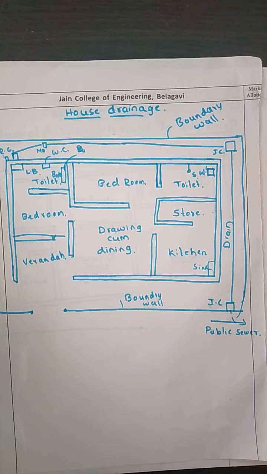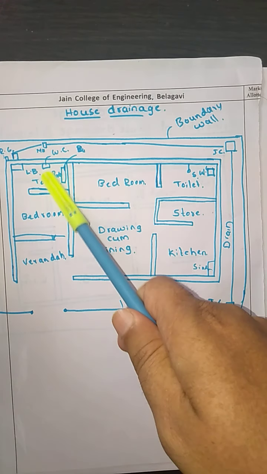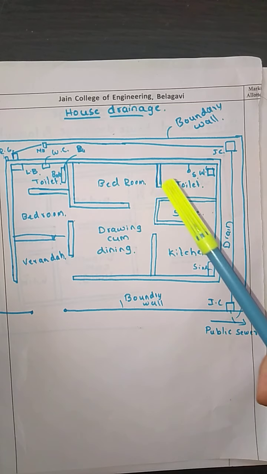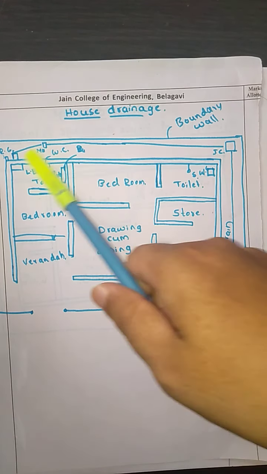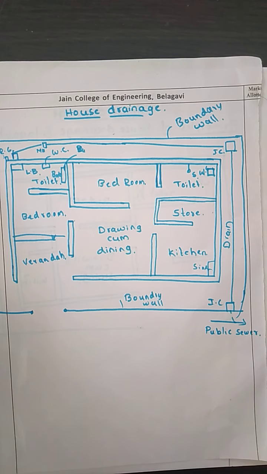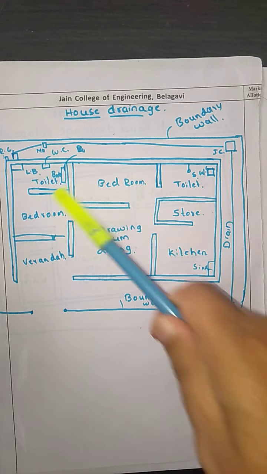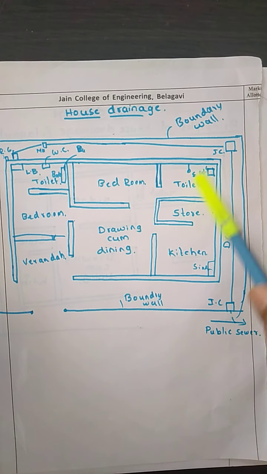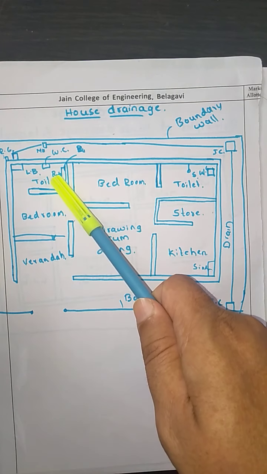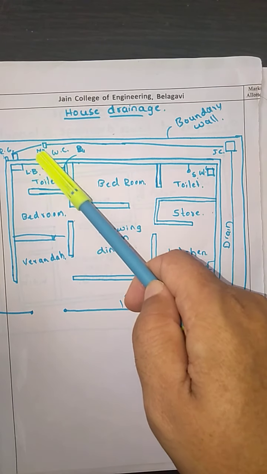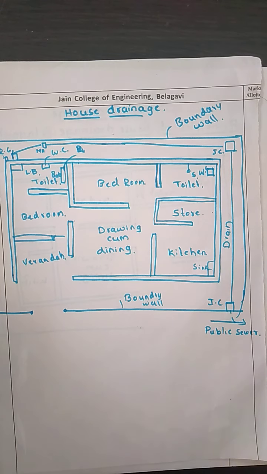Now in the case of a multi-storied building, these lavatory blocks should be located one above the other, so that the length of the pipe connection gets minimized. And at least one wall of the WC should be connected to the main wall, so that it helps in fixing the vent pipes and the different waste-carrying pipes. At least one wall of the toilet should be near the main wall, so that it helps in easy facilitating of the wastewater.